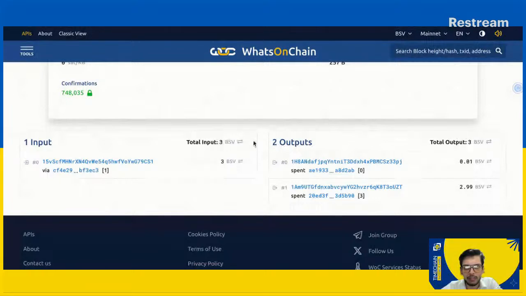So there is no transaction fee paid to the miner. And there are 2 outputs created adding up to 3 Bitcoins, let's say 0.01 plus 2.99 adds up to 3. So if you are the person holding 3 Bitcoins and you want to make a payment of 0.01 to somebody, you create an output of 0.01 paying to their address, and you get the change back, your own output, paying to your own address, 2.99. So that's how a cash system works.